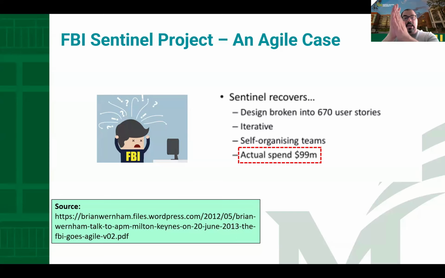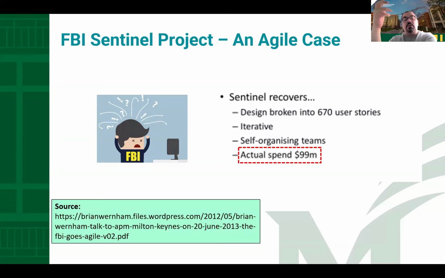I need some solution. And the one guy that is working in the FBI said, okay, why you don't test the Agile? And okay, I cannot put more money in that. I put, okay, give me one part of this money, and I do the same thing using the Agile and the time. I solve the problem. And what happens that time is the people allocate the money and spend $99 million, and the people broke down the 670 user stories and apply the Scrum in the process and solve the problem of the FBI. Was the first case,